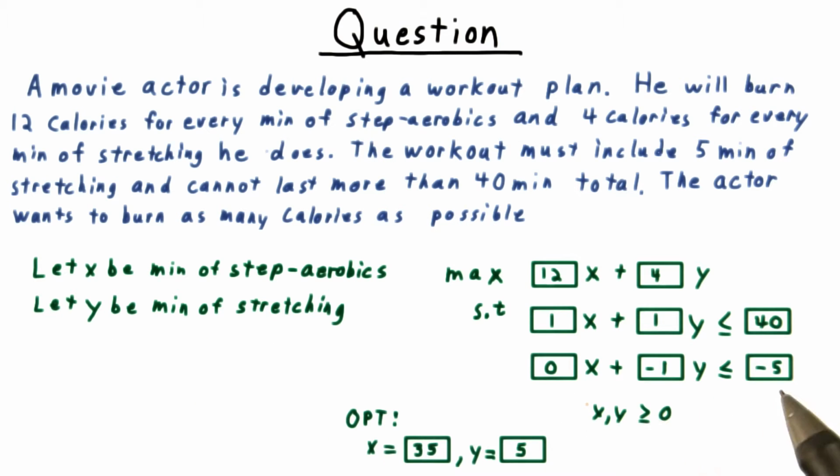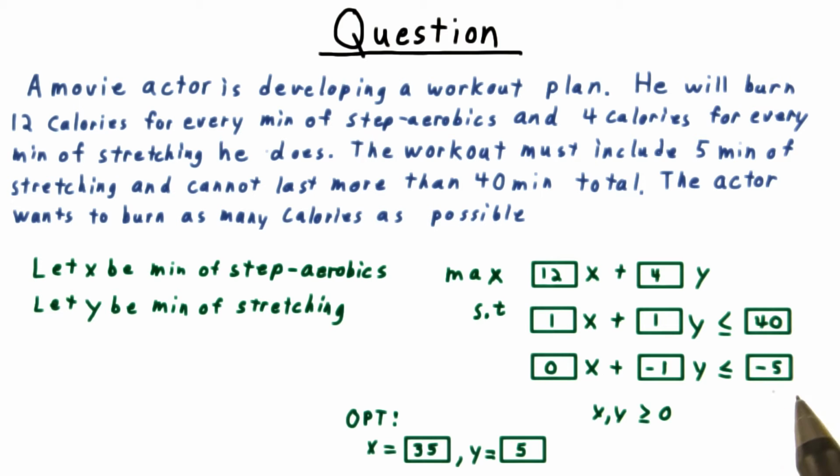He can't spend more than 40 minutes total, so I express that constraint by saying that x plus y is at most 40. And expressing that he has to spend 5 minutes stretching is a little unintuitive because of the way the inequality is directed here, but I can do it by saying that negative y is at most negative